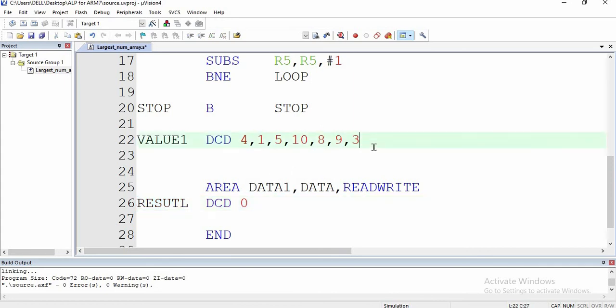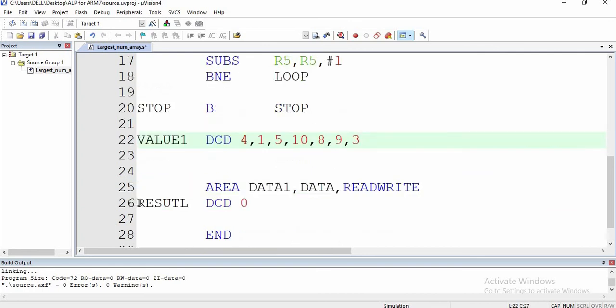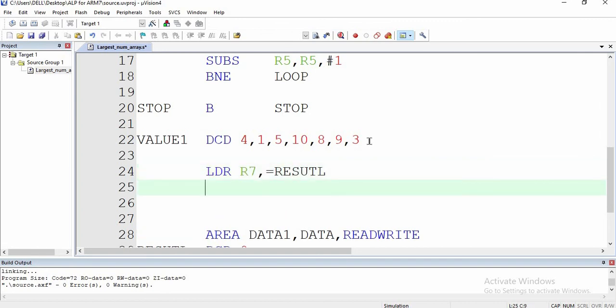Now in the code area, transfer the result which is in R2 to this one. For that we should load the address of result. Let me load it with LDR in R7. I will load the address of result. And now we should store the R2 value in the address of result which is in R7.